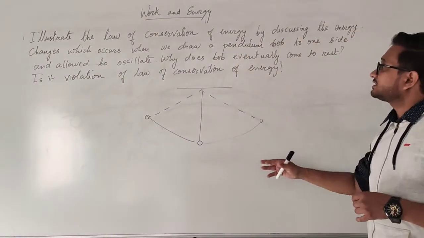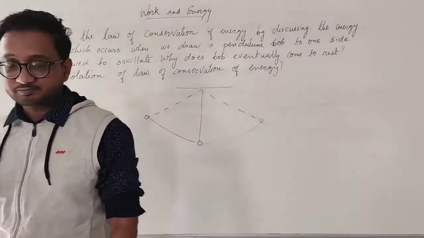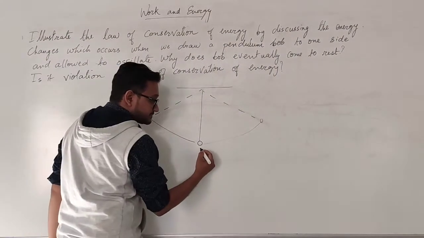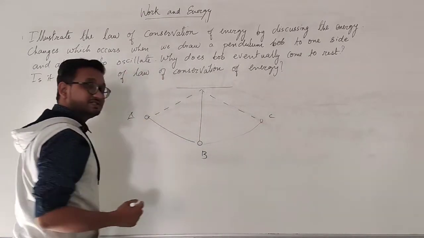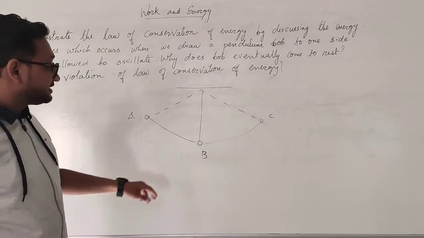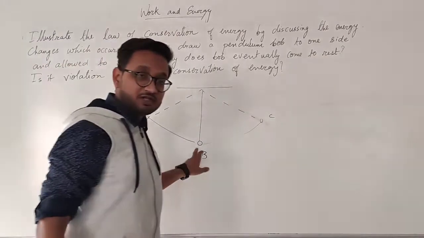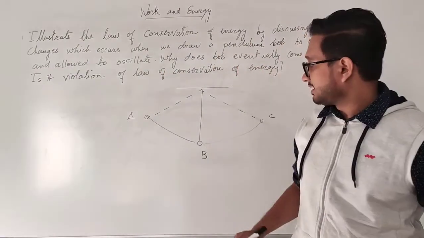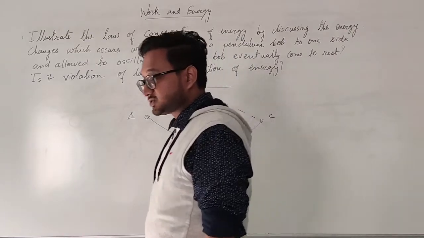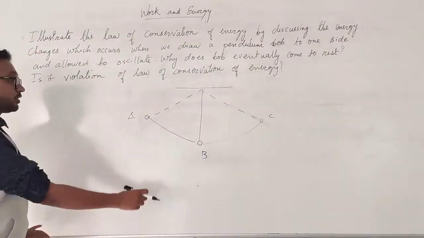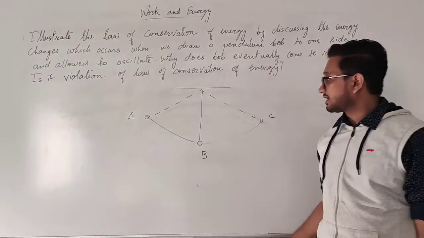So let us first of all discuss the conservation of energy, how the energy is getting transferred. At this point, let's say that this is point A, point B and point C. We take the bob which is suspended to point B. Over here, no force is acting on it apart from gravitational force and it is stable. The object is not moving. We take this bob to one side and therefore we have taken it to a certain height.